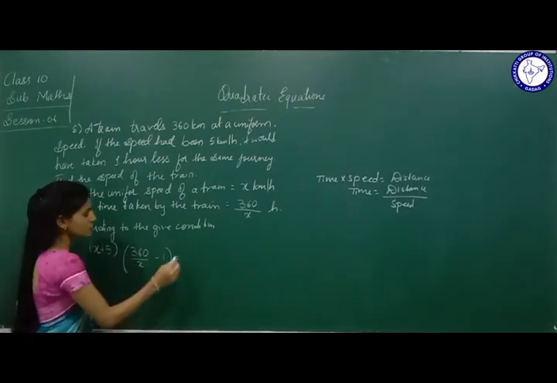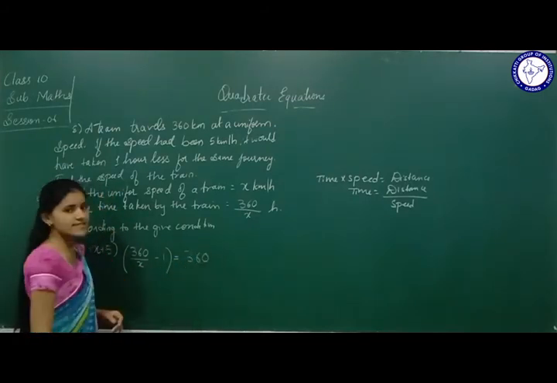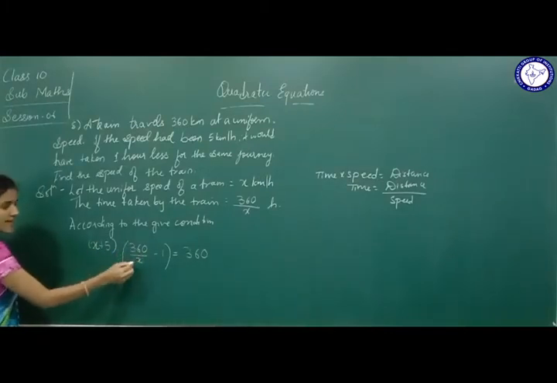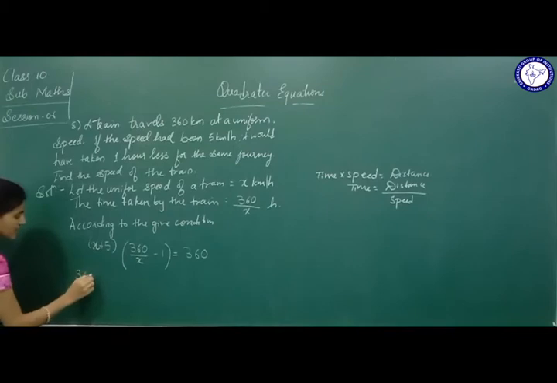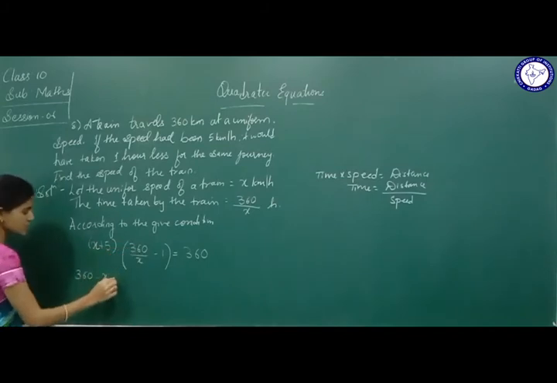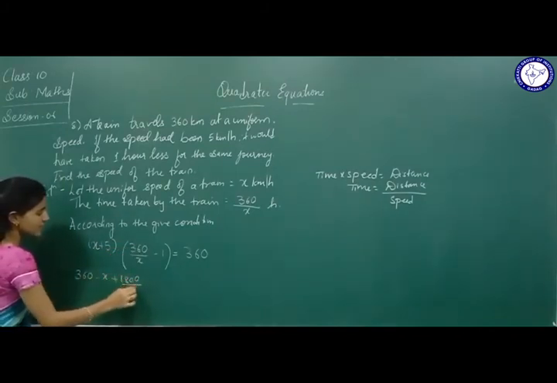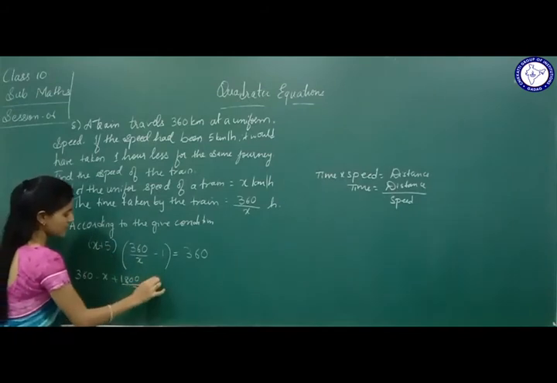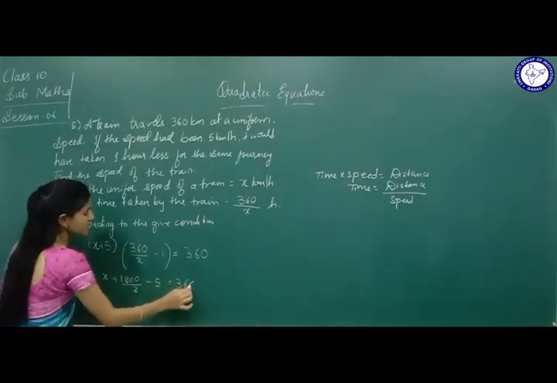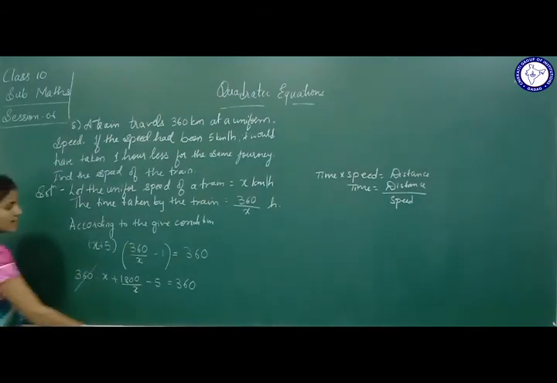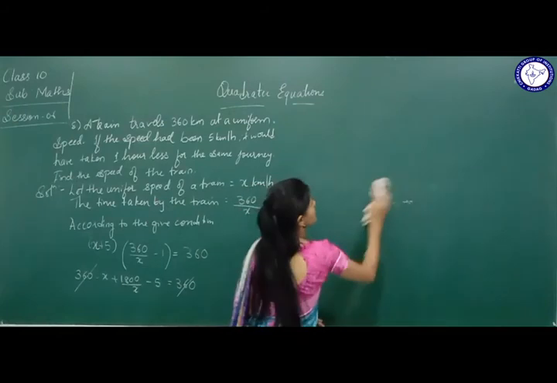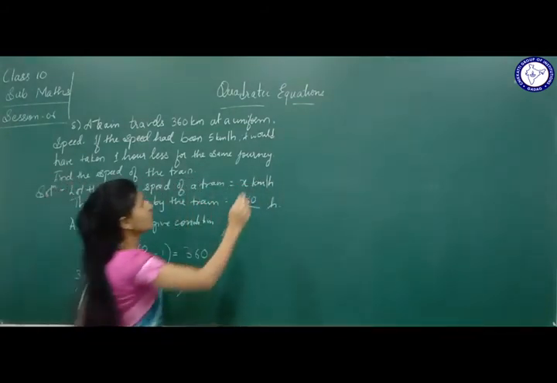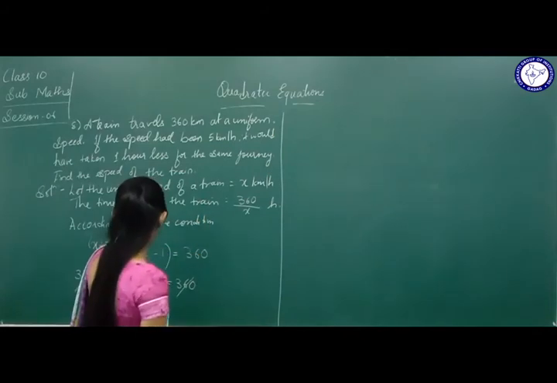This is going to be equal to 360. So we have x into 360 by x, x and x cancel. We are left with 360. x into minus 1 is minus x. 5 into 360 is plus 1800 divided by x. And I am left with plus into minus is minus. 5 ones are 5, is equal to 360. See, we have plus 360 and plus 360 on both sides. We are just going to directly cancel it. Next, we go on further simplifying. What we have is minus x.